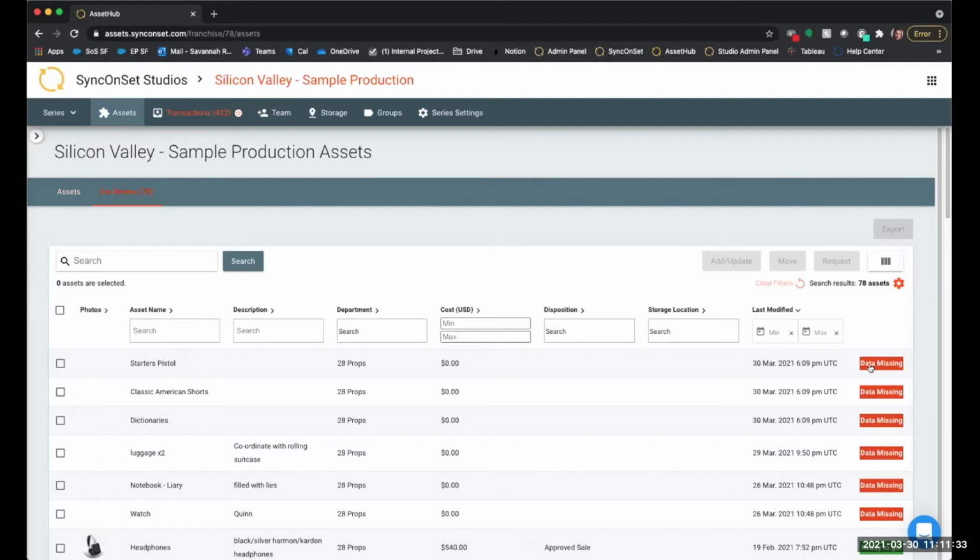Okay, so there are 2 options for how we want to handle this inventory. We can either match it with a transaction. Now these transactions come in off of accounting's ledger, or we can just accept these inventory items as assets themselves without matching it to a transaction. So you'll want to check to see how your project is using AssetHub. You'll either be working from the transactions tab, again, which are items that came in from accounting's ledger, or you will just be adding these assets directly to the asset index